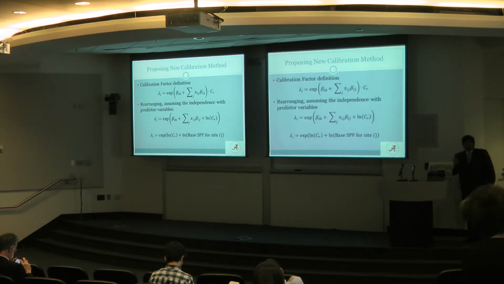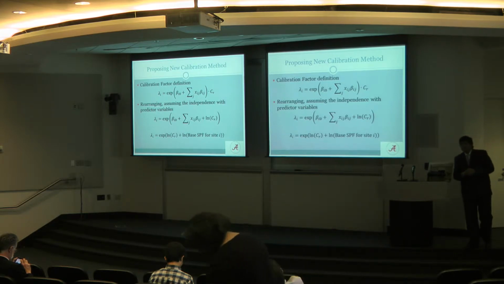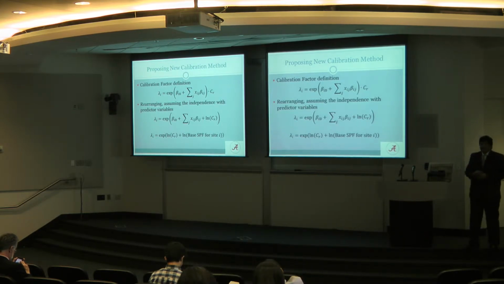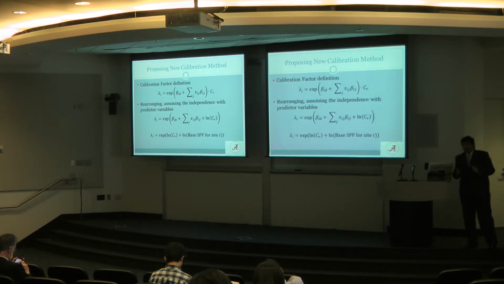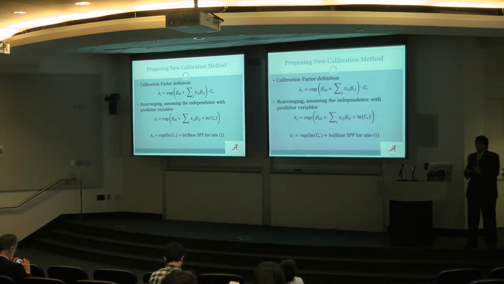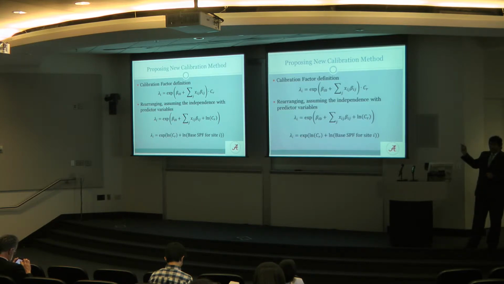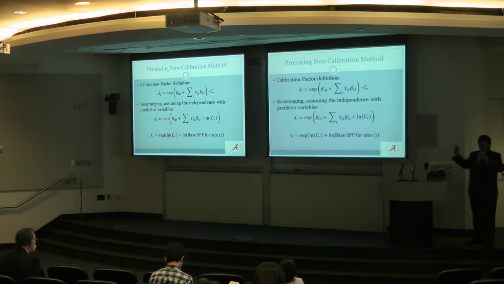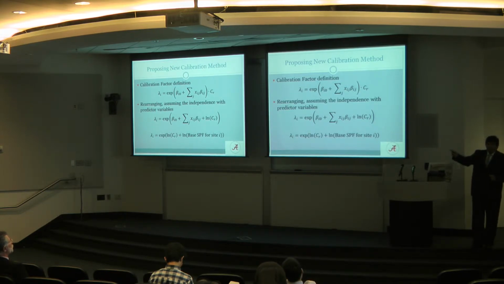So here comes our proposal, our proposed calibration method. If you see the first equation, this is just the basic equation given in the Highway Safety Manual. The lambda, the exponential part, is just the mean, which we had on the other slide, and we multiply it by the calibration factor. However, what we thought was, instead of taking just the ratio, why not estimate the calibration factor? So we decided to take the calibration factor inside the exponential and estimate the parameter.